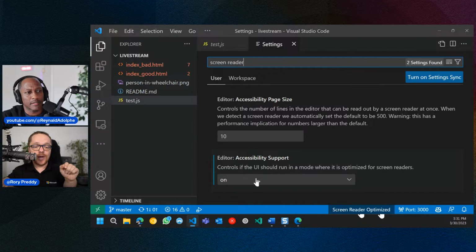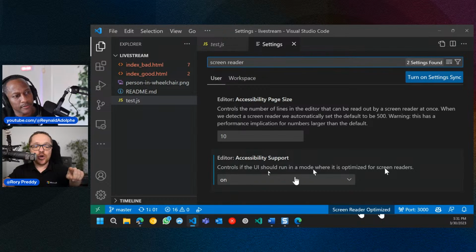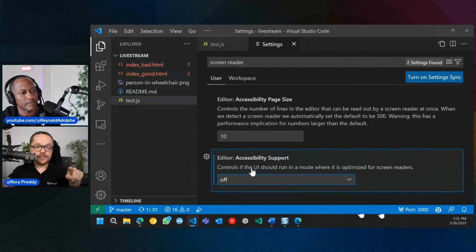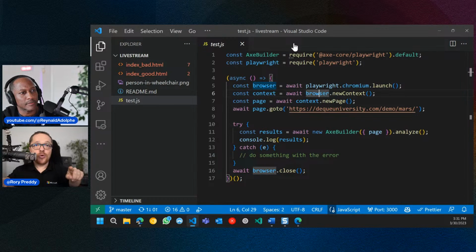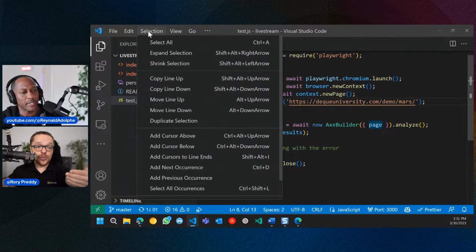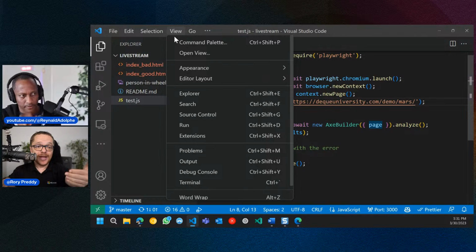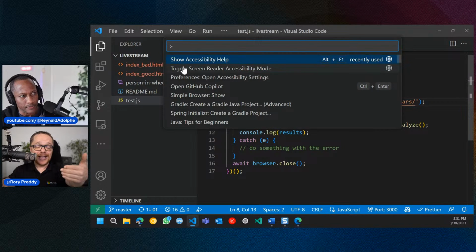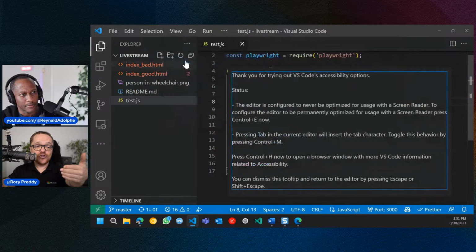So controls of the UI should be run in a mode where it's optimized for screen readers. And what that will do, it will actually go in and start prompting you for audio cues. Let me just switch that off. So that'll prompt you as you're going through that. You can switch the audio cues. So it'll actually give you audio cues, and it will repeat to you in a very verbose way about what you're doing at any given time. Okay. So we're not going to test that too rigorously. I have done that once. I did a demo there, and it kind of overwhelms your audience. So we want to show the other ones.